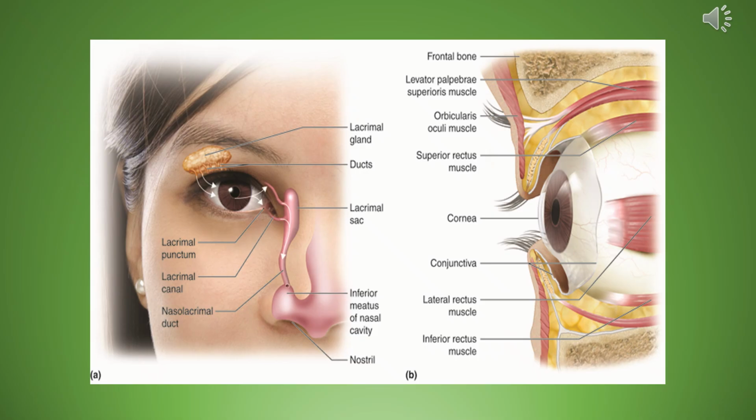On the right side, we have a pretty detailed look at the orbit and the extraocular muscles. Notice there we have the levator palpebrae superioris, which you have already encountered. That raises the eyelid. The innervation there is cranial nerve number 3, oculomotor. I went through the other extraocular muscles on the previous slide, so I won't do that again. They are shown there. Notice that the cornea is the same layer of tissue as the sclera. The sclera is the outermost tissue of the eyeball.